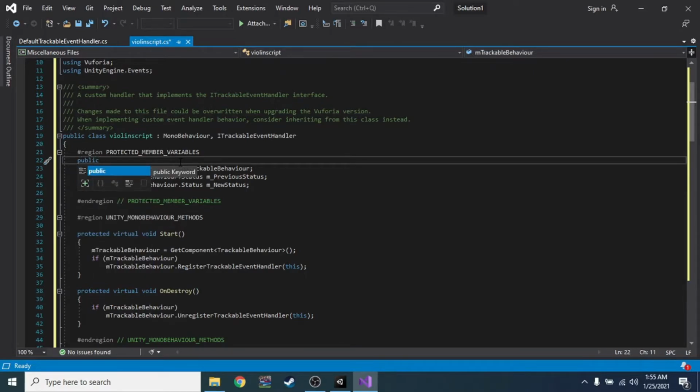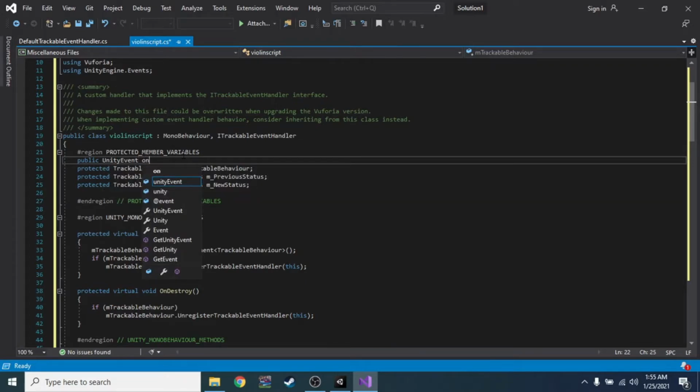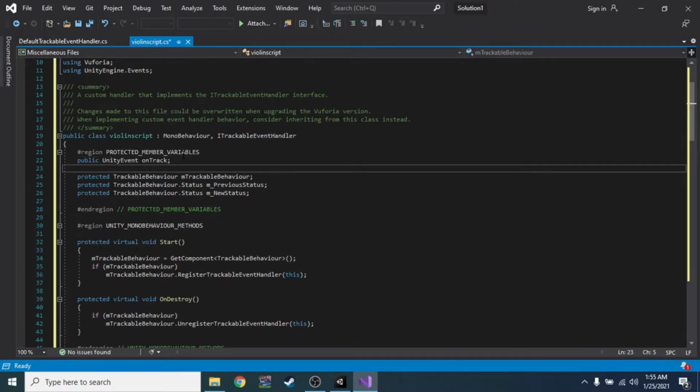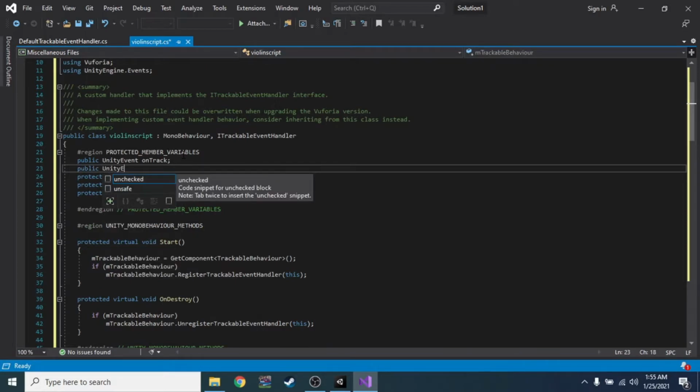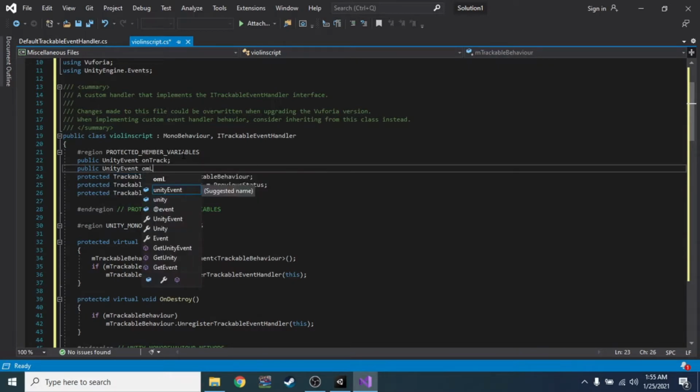We need to add public UnityEvent onTrack to play the track once we point the camera at the image target, and public UnityEvent onLoss to stop the video when we point our camera away from the image target, so the video will not continuously play.